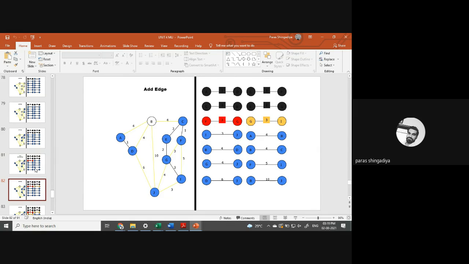And after that, that is I and J. So that is this one. Okay, we can include I and J also. Clear? Still the graph is disconnected and it has no cycle.